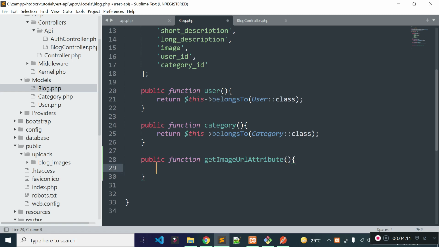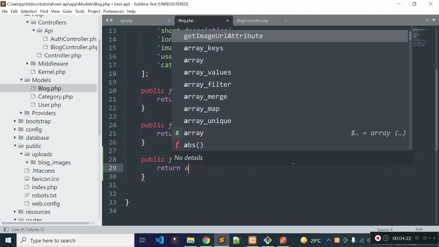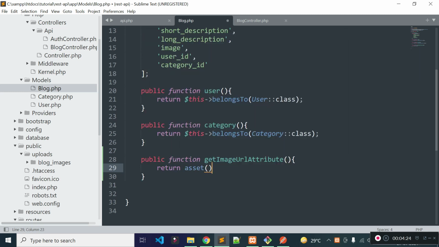So I am creating the method like this: get, then the attribute name, and then Attribute. Okay, and from this method I will return the image URL. Our blog images are under the public uploads blog images folder. So I will pass the image path here.